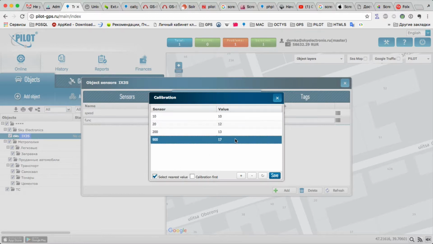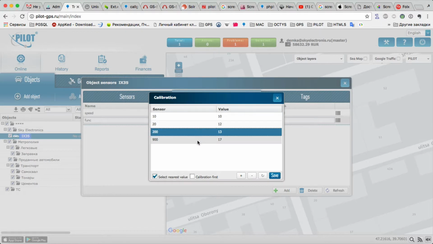This calibration table can be one of two types. First works like the calibration table in the sensor, like in the past, but if we check this checkbox, this calibration table will work